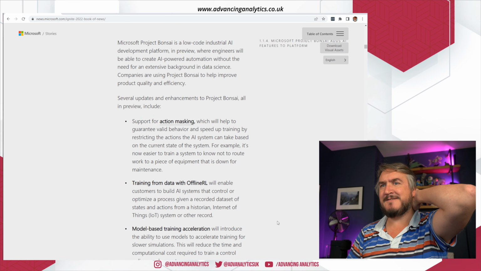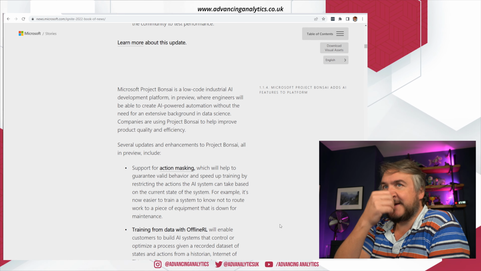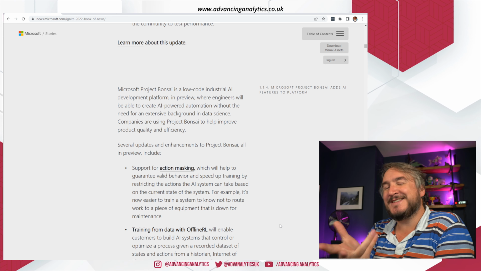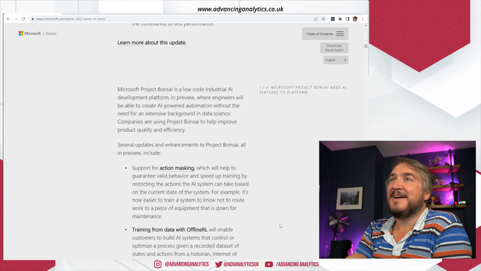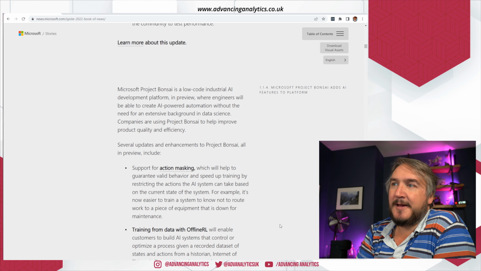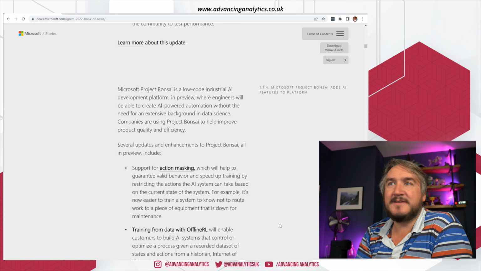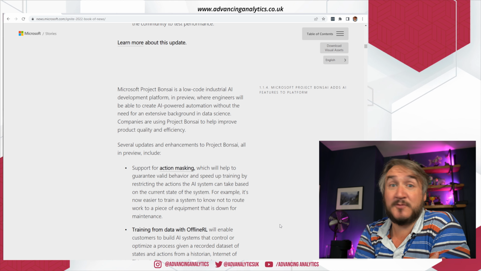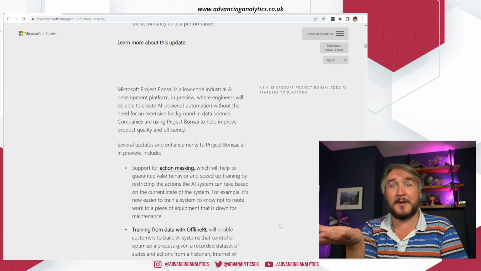Final piece, again, very much not really in my wheelhouse, is this thing, Project Bonsai, which I'll take a look at. It's been around for a little while. Essentially, it's machine teaching, not machine learning. And I've been digging in to find out what actually that means. And that's more when we're talking about things like manufacturing. We're talking about essentially the modeling of physical interaction and how you teach something to actually work within those realms. So the examples they have is things like holding a ball on a plate.